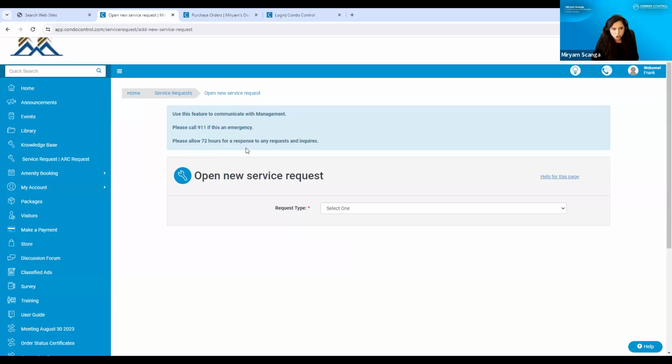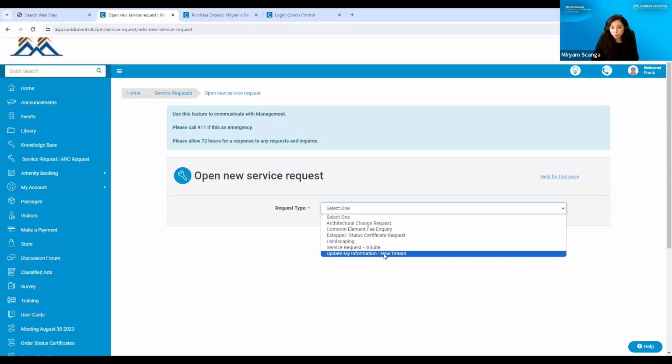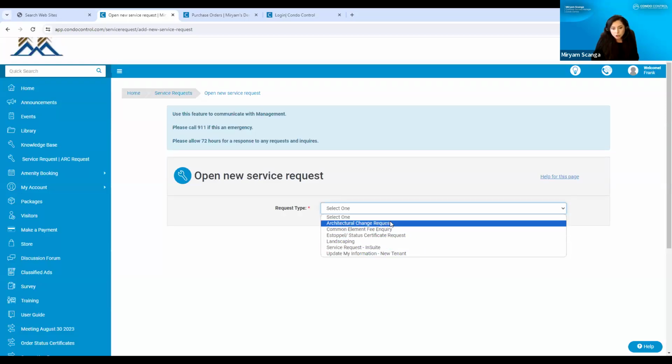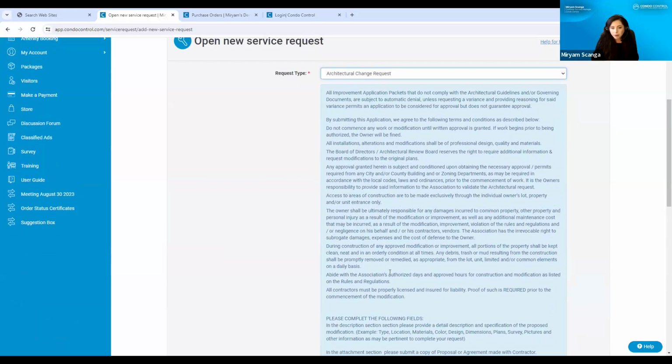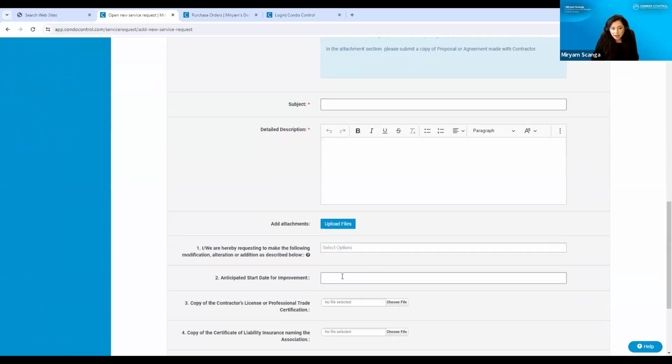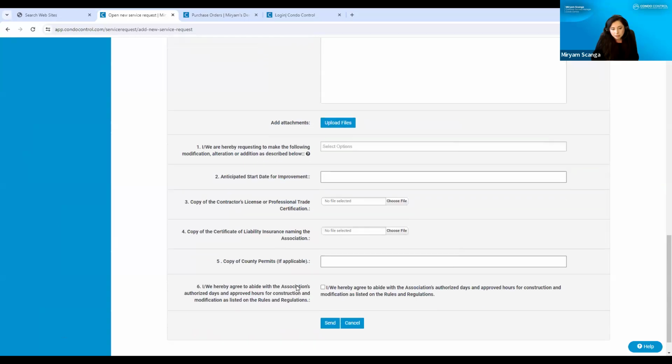It just depends on, again, how you want to utilize it and how much information you want to provide to your residents. And then this is where that drop-down list of all of the service request types that I've created. So again, I'll show you some examples. For my architectural change request, I have a whole write-up for my residents on what to expect. And then I also have further custom fields that I need them to fill out